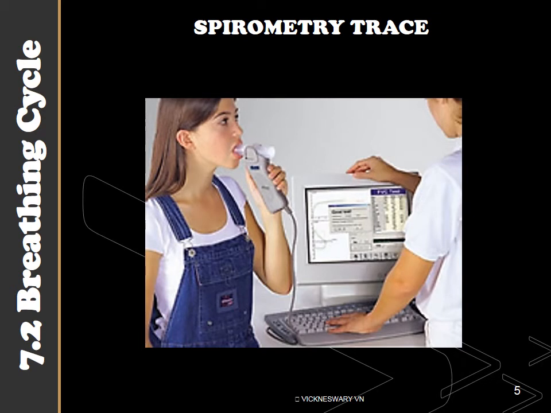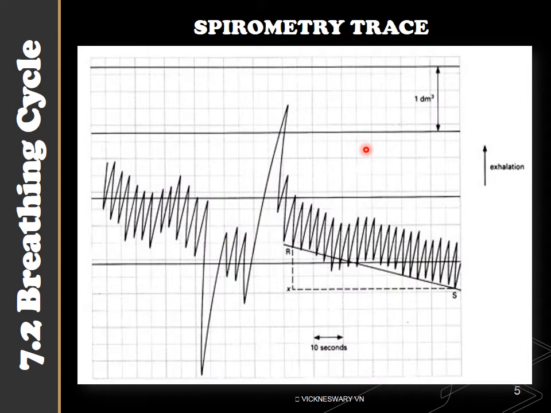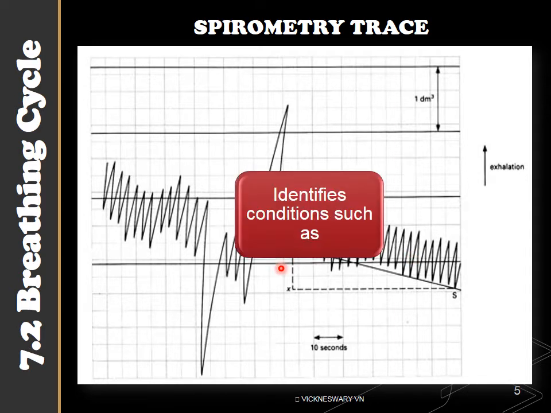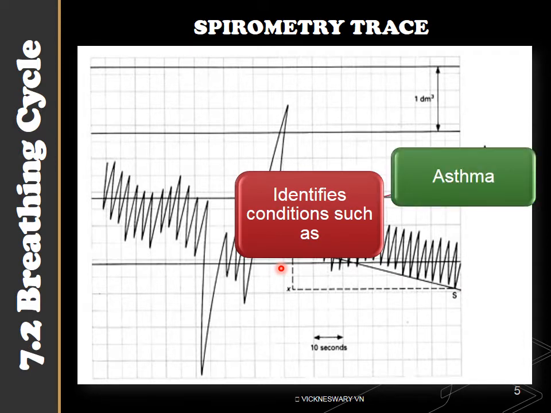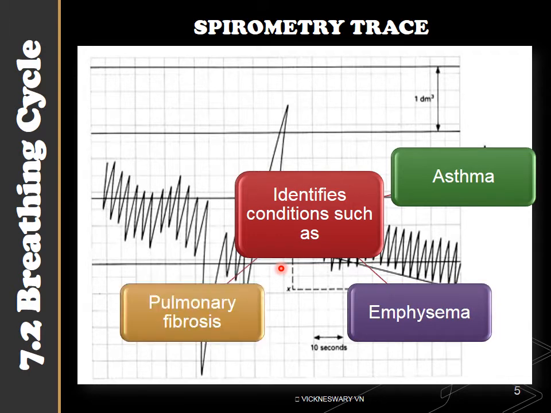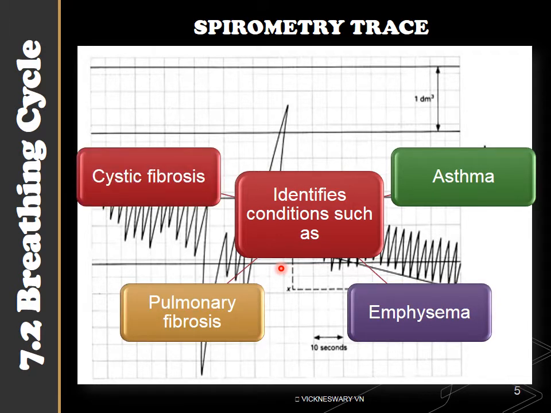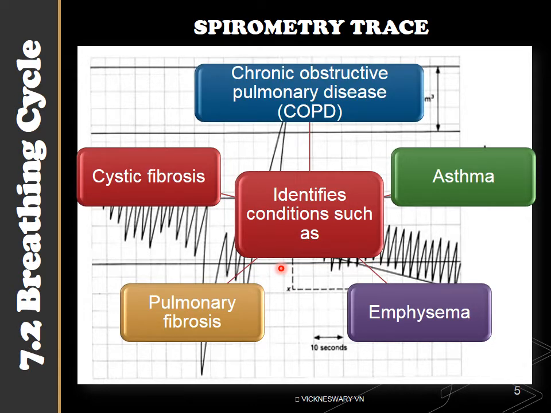From the spirometry test, the computer will print out a graph called the spirometry trace. The graph will look like this. From this graph, doctors can determine whether the patient has a healthy or unhealthy lung. If unhealthy, they can help identify conditions such as asthma, emphysema, pulmonary fibrosis, cystic fibrosis, or chronic obstructive pulmonary disease,